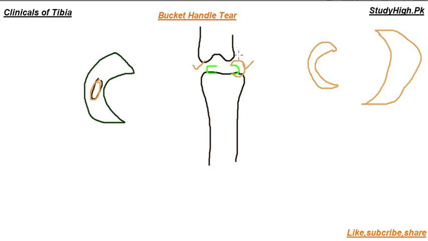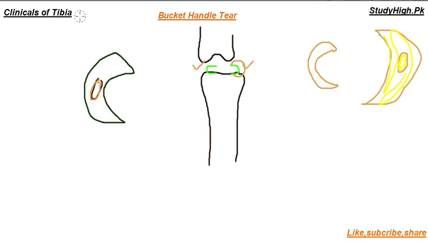That's why the major injury that is possible between the condyle of the tibia and the meniscus is a tear of the medial meniscus. And in radiographs, you will see the lightened part of the medial meniscus that is intact, and there will be a dark part that shows that the meniscus has been broken. There are different types of tears of the medial meniscus, but here I am only going to tell you about the bucket handle tear of the medial meniscus.